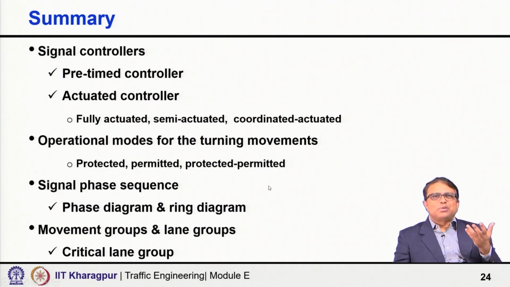So, in summary, we discussed here the signal controller, the pre-timed controller and the actuated controller. Also within the actuated controller, it could be fully actuated, semi-actuated, or coordinated actuated. Then operational modes of the turning lane: it could be protected, permitted, and in some special cases, both protected and permitted. For signal phase sequence, we discussed the concept of phase diagram and ring diagram, and also the critical lane group and the critical values,